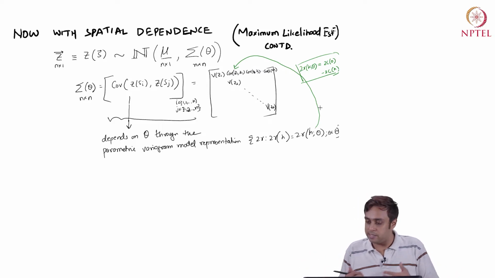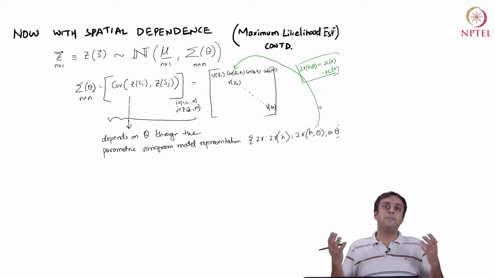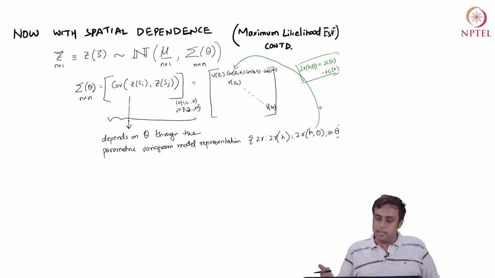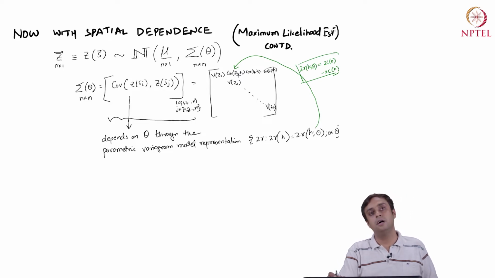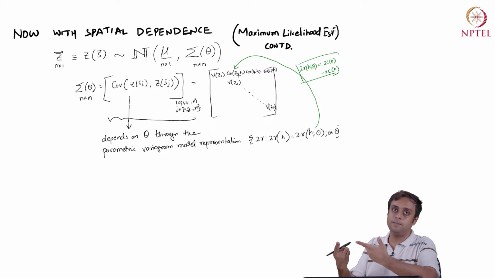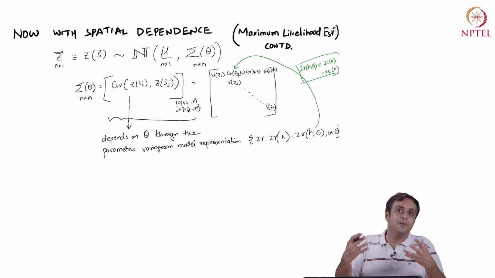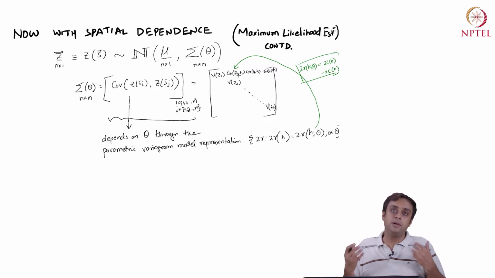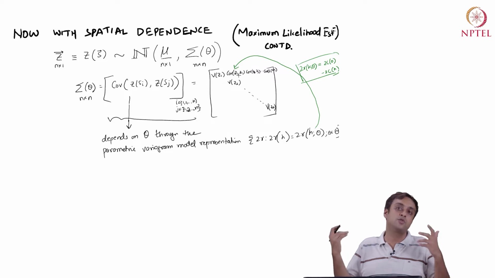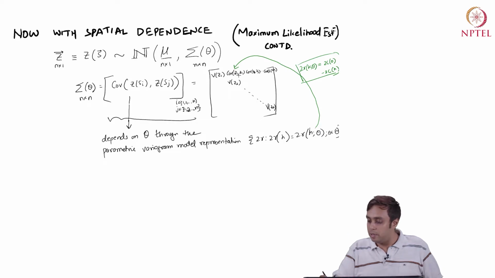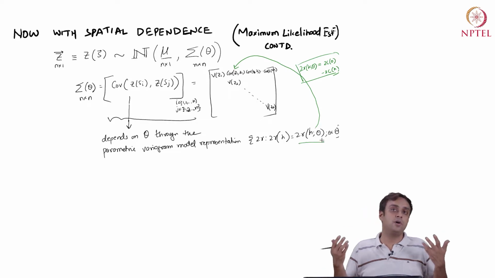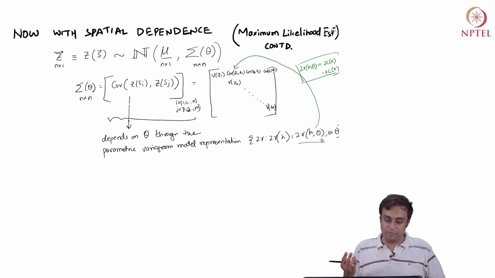So, that means that the fact that I have a parametric variogram model is the fact that I can then formulate the covariance structure in the sigma theta matrix, and if I am able to then estimate theta, I can get to the variogram estimate as well, because so long as I have theta hat ml, I have my variogram 2 gamma hat, which depends on the theta hat ml, right.